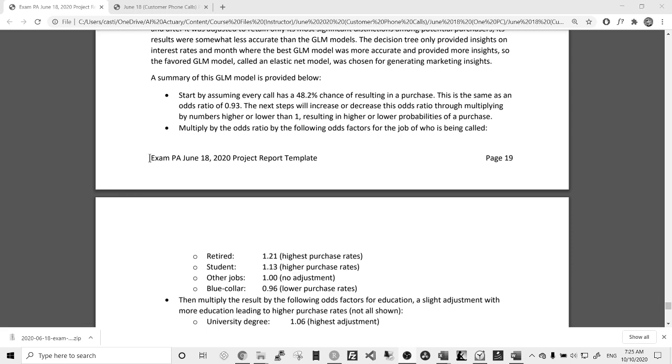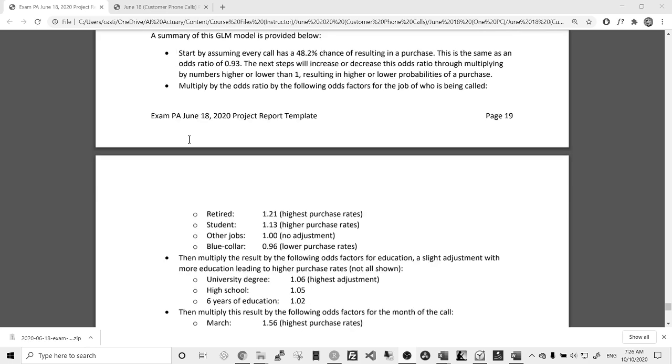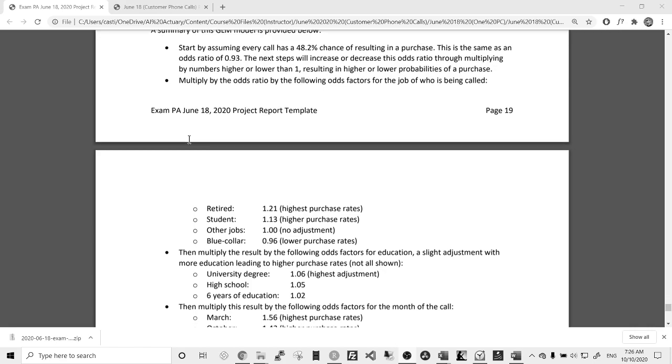This is in the form of an odds ratio. This is more difficult to interpret than using a simple decision tree because the output, again, is the odds, which is the probability of the customer purchasing divided by the probability of them not purchasing. And so this would be